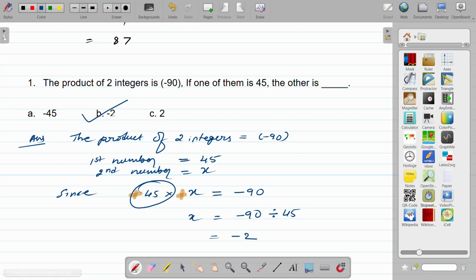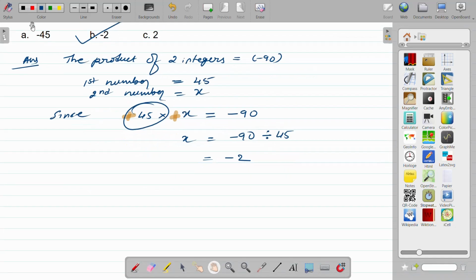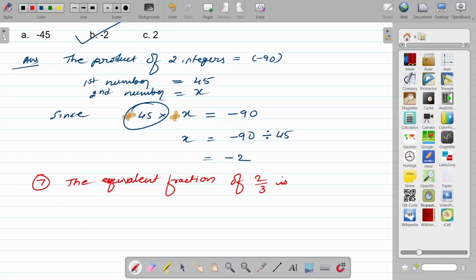Okay, let's solve the next question. That is question 7. They have given it as rational number, but actually it's not a rational number. You make it as a fraction and you make it positive. I will write that question. Question number 7: the equivalent fraction of 2 upon 3 is option A,